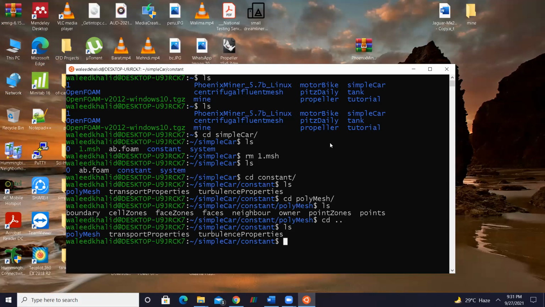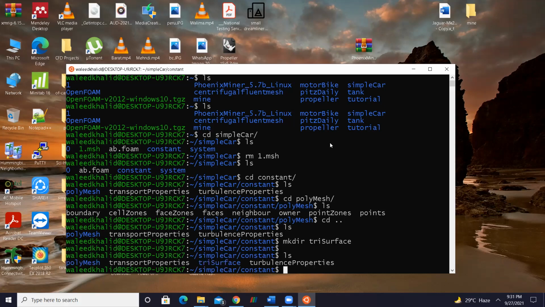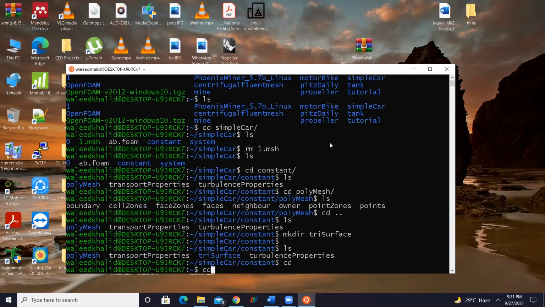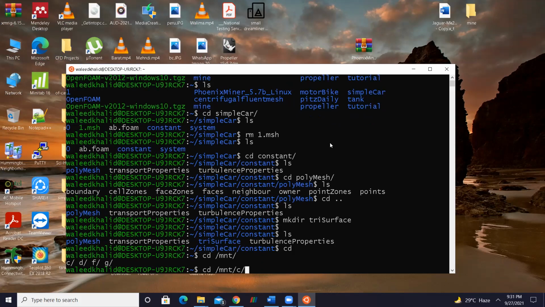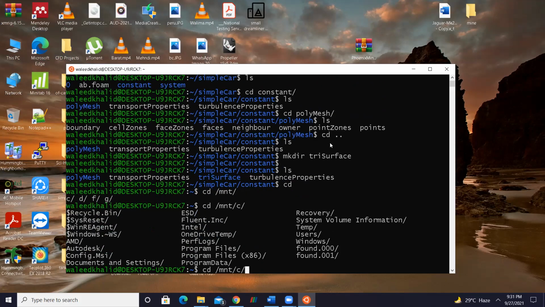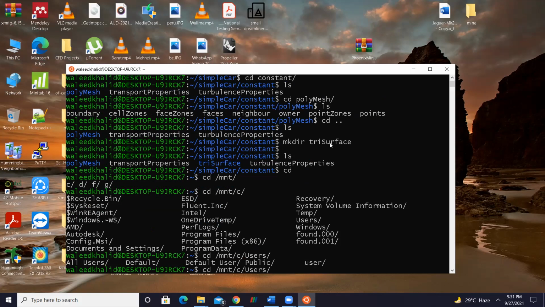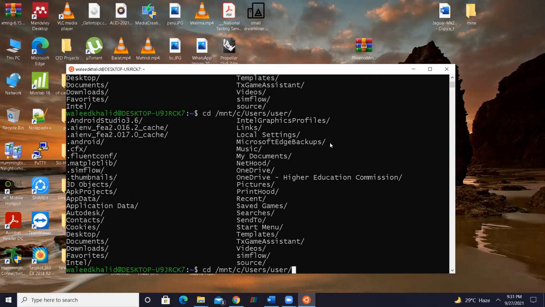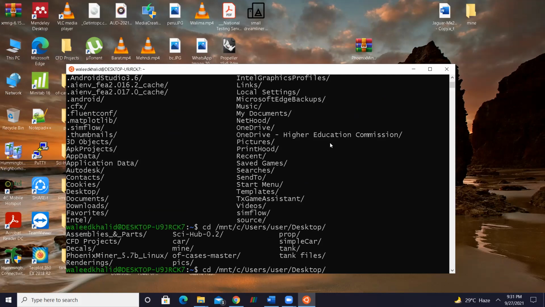Right here, let me create a directory, one more mk space surface by surface. That's it. Now let me enter it. Now let me write cd slash mnt, capital U user, desktop. In desktop I have a file